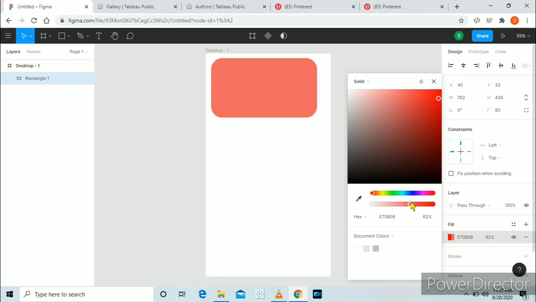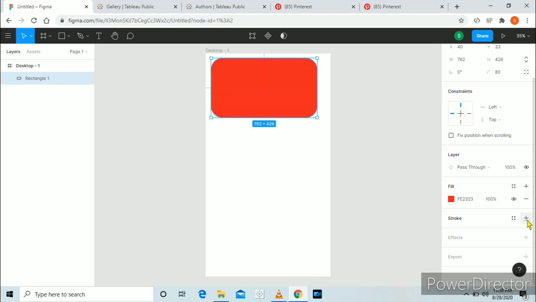You can change its opacity. You can change its color. Also you can give the hex code, whatever you want, it depends on your style. You can give color in RGB, CSS, HSL and HSB formats also. So for this example, I'll stick with red color.